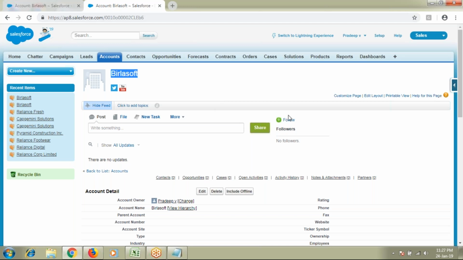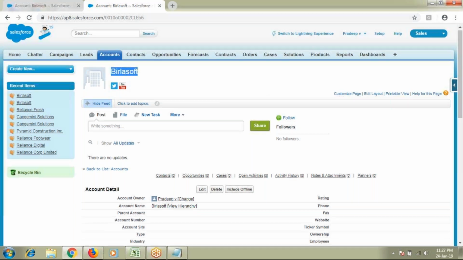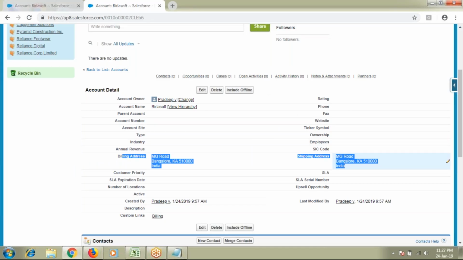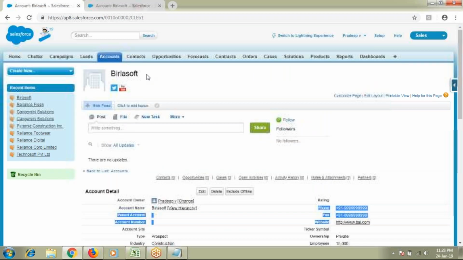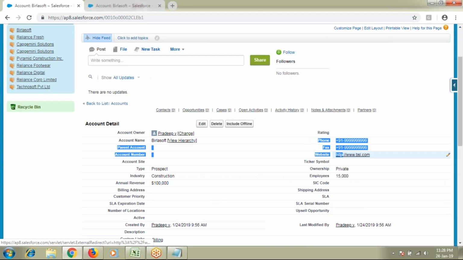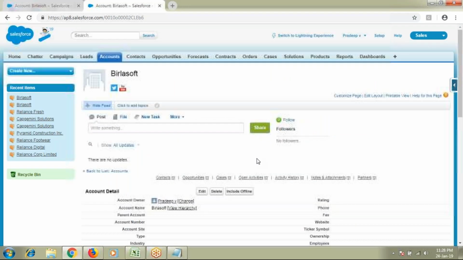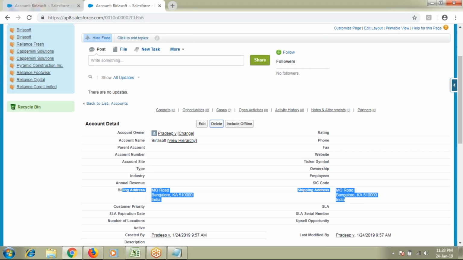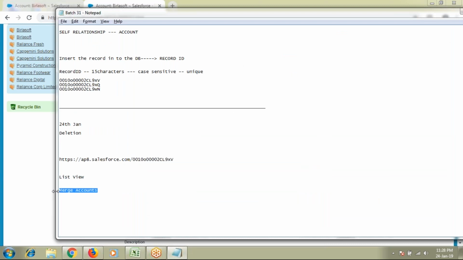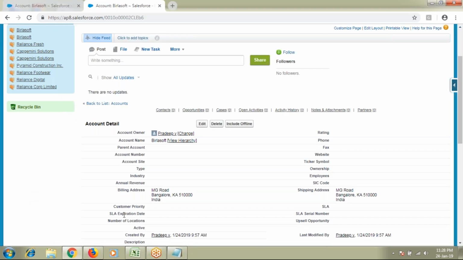Let's suppose you created a Birlasoft record with billing address and shipping address, and I created the same customer with details like phone, fax, website and more. Instead of deleting one of the records, we will merge both records into a single record. Now we'll see how to merge these two records into one.